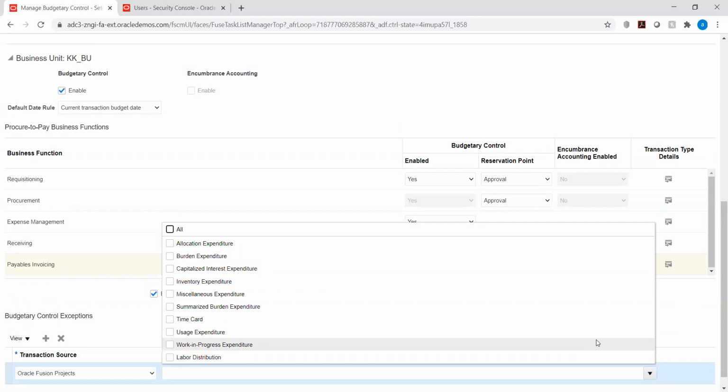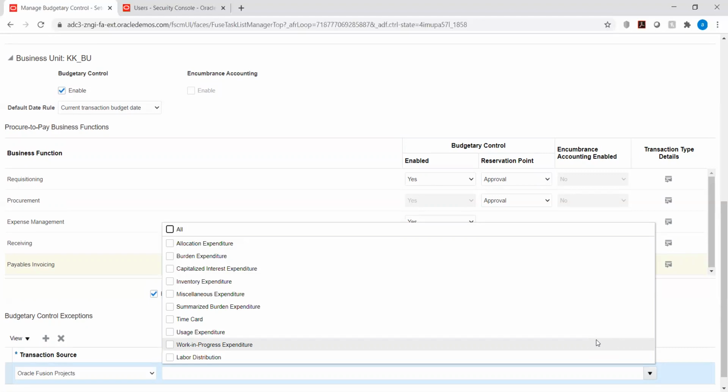Sajesh, ask your question. My question is, if we are taking transactions or AP invoices from, for example, the purchasing module, what will be the transaction source? We will have to select procurement, Oracle Fusion procurement, in the budgetary control exception, you're saying.